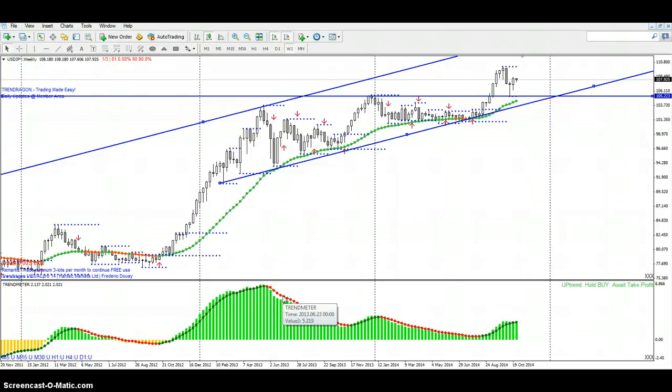So this is the Japanese yen weekly chart, and to go back to what we said before, the currency has been in an up move, still with a period of consolidation, which usually translates into a triangle. And now it looks like after it broke that level here, it went up, and now has retraced to almost the Trend Dragon trend line, and seems to be moving away from that to